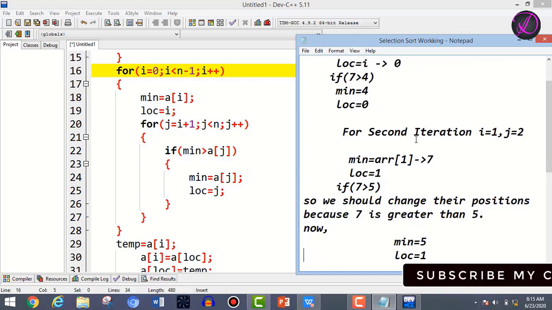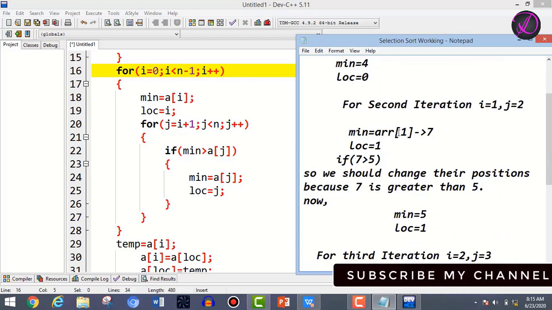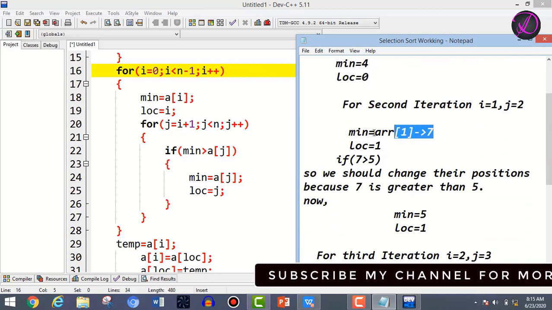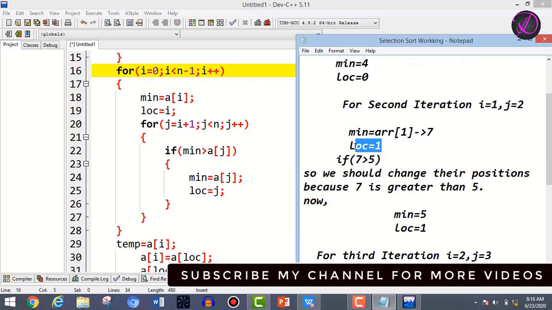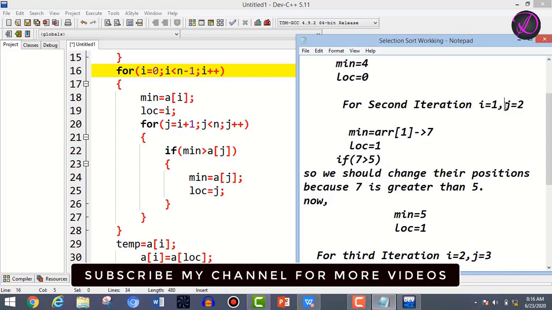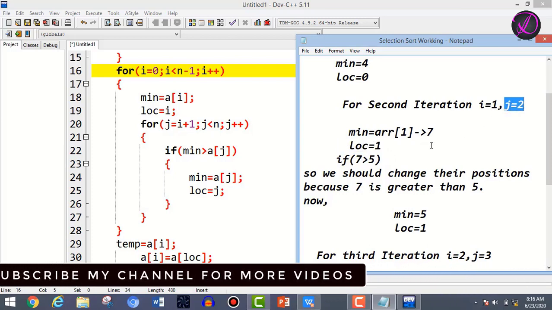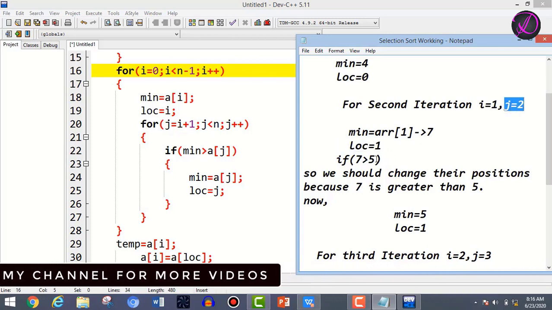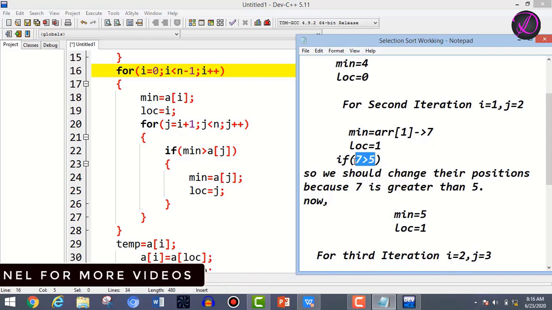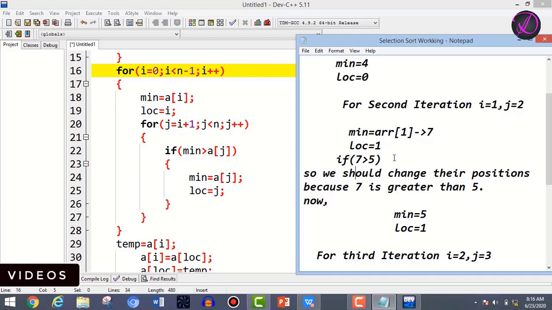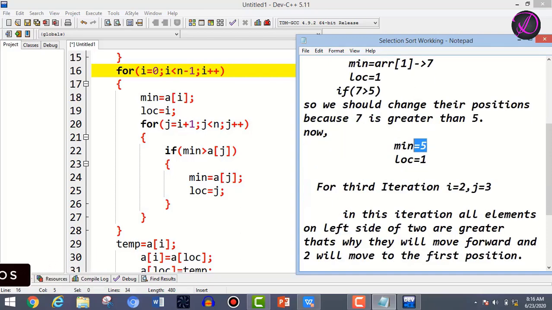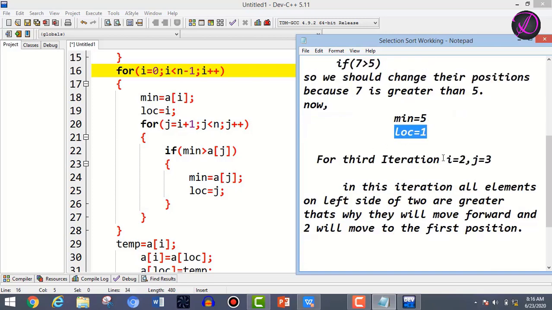So now the minimum is 4 at index 0. Now for the second iteration, the value at index 1 is 7 at location 1, which is compared with j = 2, means at index 2, 7 greater than 5, that is true, so we will swap the values. Now our minimum value is 5 at location 1. For the third iteration the value of i is 2 and j is 3.